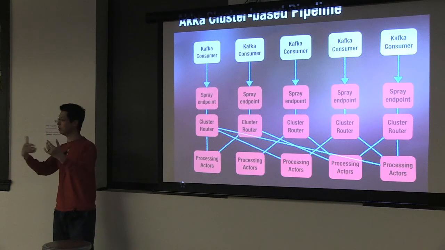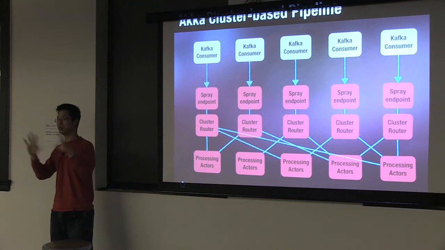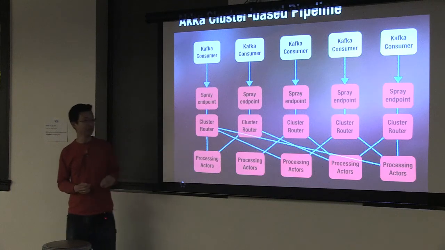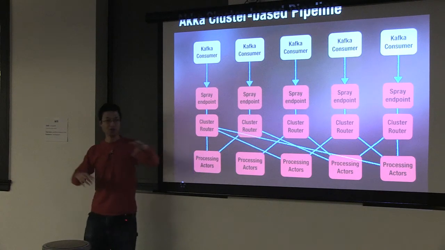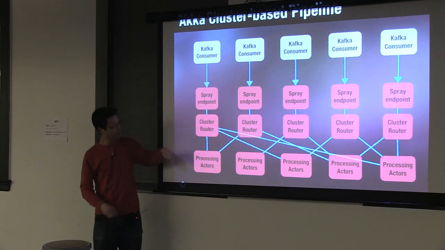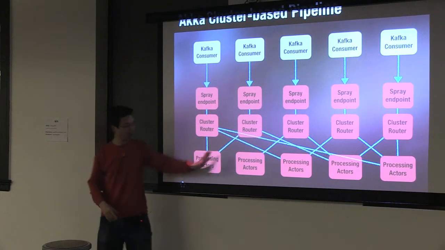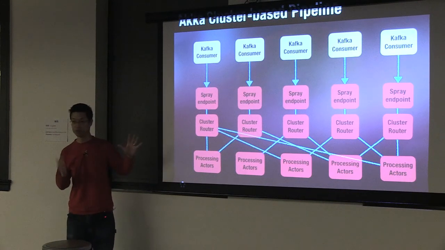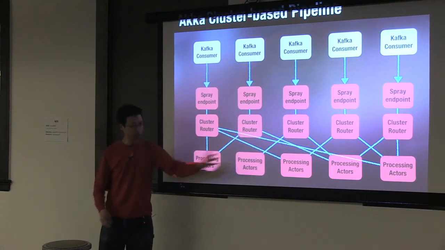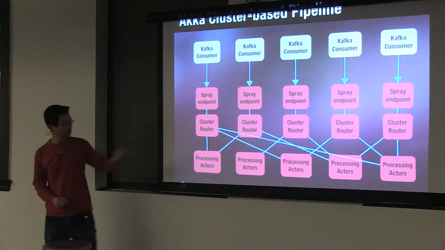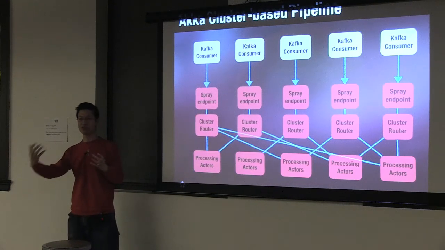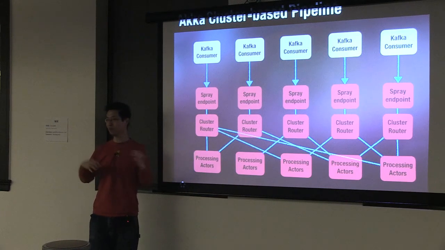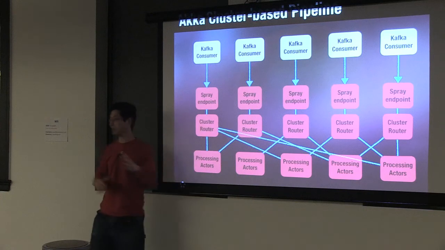And there's different kinds of routers. There's ones that do round robin. There's ones that send them random messages. There's a lot of different types. So one type is called a cluster router. And that is aware of different nodes in a cluster. So if I send a message here, it is able to spread out its work across the cluster. And in our case, we did some partitioning. So each of these processing actors is responsible for a certain shard of messages. So the cluster router allowed us to redirect and do consistent hashing, such that messages that belong to the same shard always end up in the same place.